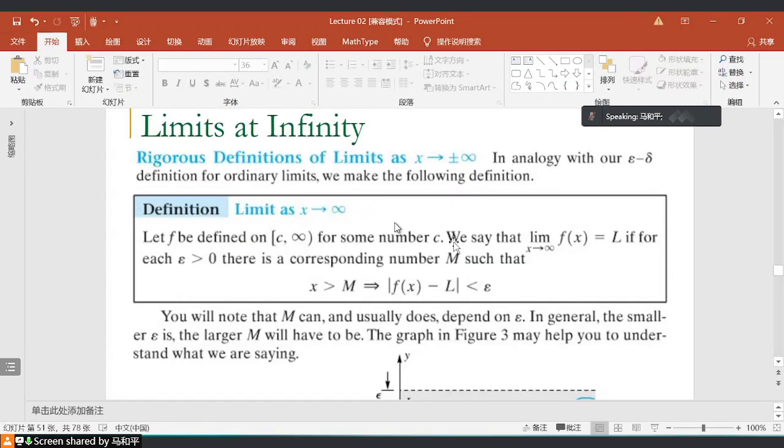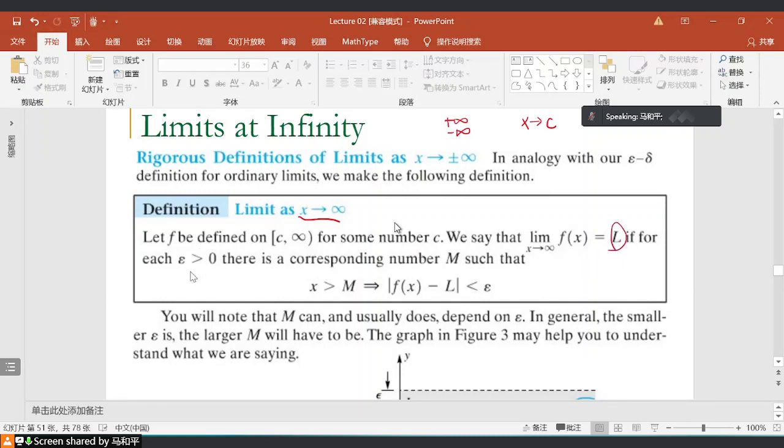Okay. We will give rigorous definitions of limits as x approaches positive infinity and negative infinity, analogous to our epsilon-delta definition for ordinary limits, where x approaches a constant c, a finite number. We make the following definition. The limit as x approaches infinity: we have f defined on c to infinity for some number c. We say that this limit is L